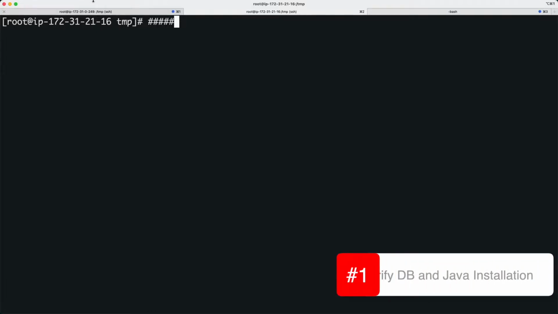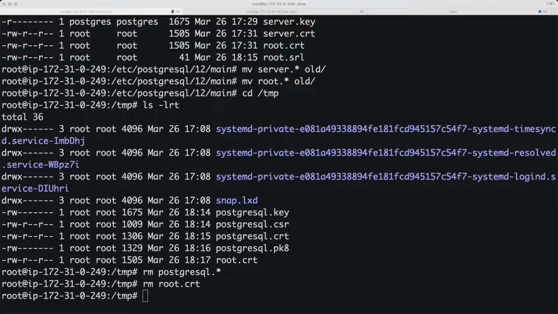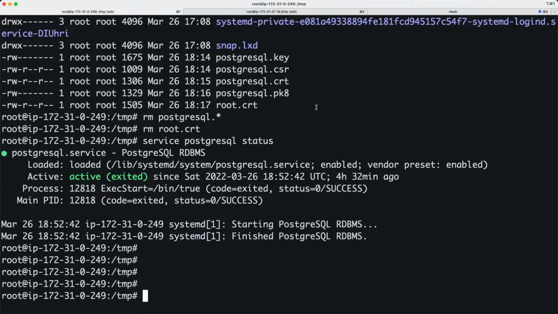I'm going to be showing you my database host, and the first thing that I'm going to show you is that I do have a Postgres database running on my host, right? So this is my database host, and I have a PostgreSQL. It's an RDBMS database. I just installed it using yum, and it's up and running. So now what I'm going to do is